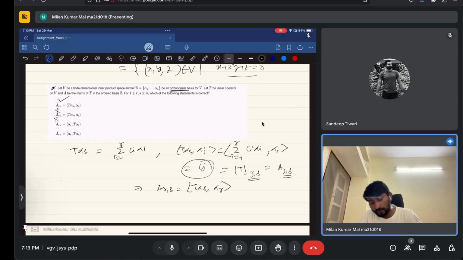So this is the correct option, all other options are automatically false, because this is a matrix representation. It can't repeat unless it is given that T is symmetric, skew symmetric, all these things. In the symmetric case there is a chance it will repeat, so multiple options can be correct because in that situation AR equals AS. Whatever point here, you need to point out the orthonormal basis, because if it is not orthonormal, you can't write it this way. The matrix representation will exist, but